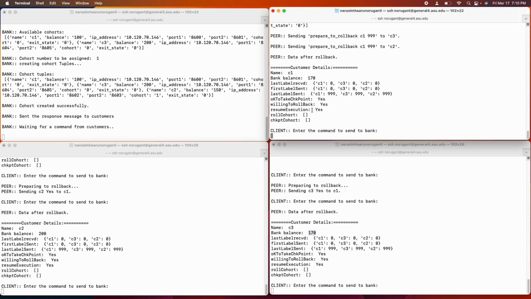As we see, the rollback algorithm will be sending the rollback to all the customers in the cohort tuple. So now you can see the rollback. It went to the consistent global state. Now we can successfully delete the cohort, so we'll be deleting through C1. Deleting the cohort through C1,